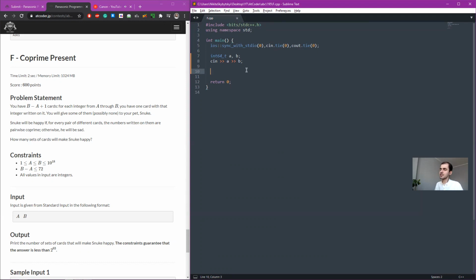The first idea that comes to mind is: what can ruin our day? What can make Snook sad? Well, if we have one prime number that divides both of them. And because b minus a is not 72, we don't have that many primes that can make Snook sad. If they have a common divisor, then they also have a common prime divisor. And you can just think about this in these terms. So we clearly need all primes up to